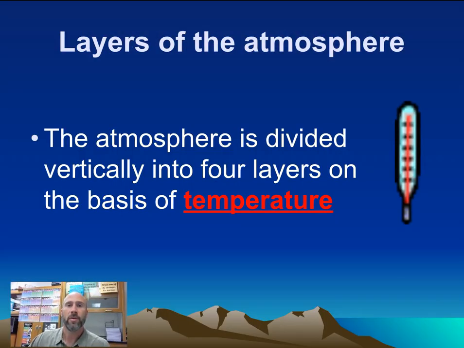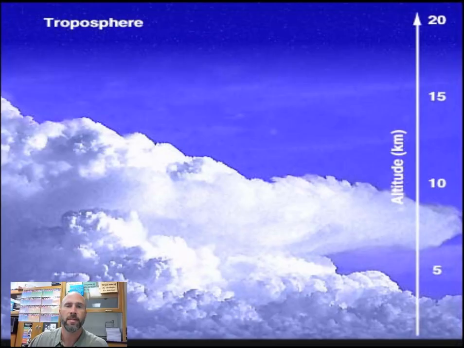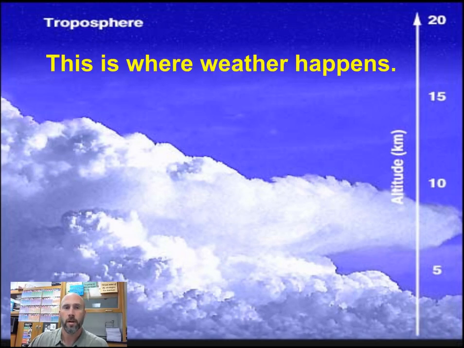Now, our atmosphere is layered, and I'm not going to ask you guys to memorize necessarily every single one, but I do want you to understand that we have these layers, and it's separated based on temperature. And there's a lot of different crazy stuff that happens in these different layers of the atmosphere, but they are separated by temperature. The troposphere is where we are, and this is where the weather happens. This is your day-to-day life. You probably will never leave the troposphere, okay? Because jetliners are flying pretty much at that top layer right there in the troposphere. If you're going to be an astronaut someday, maybe you'll leave, but all the weather, everything's happening down here